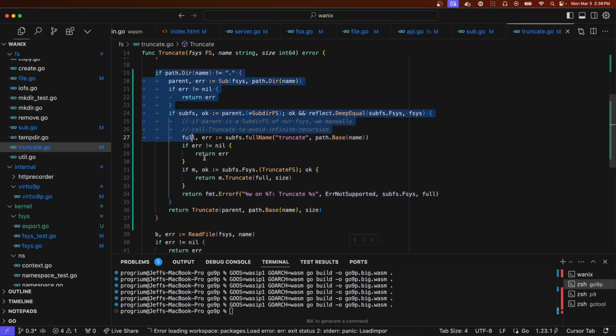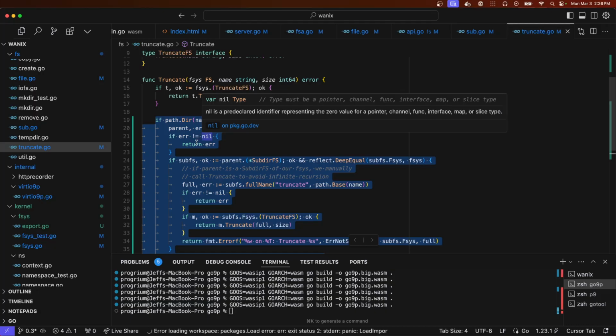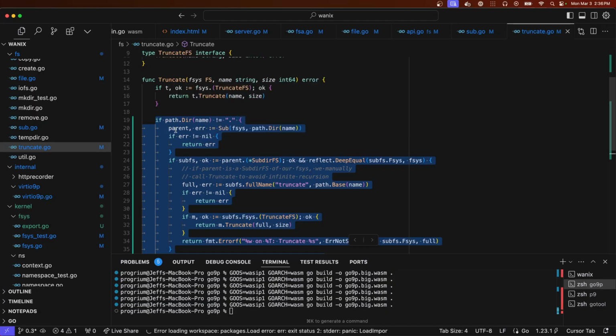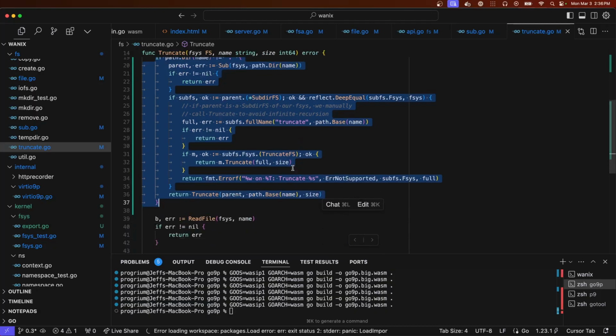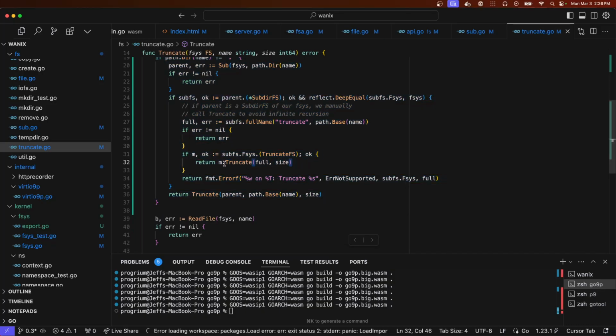But this is new, getting it to try to run truncate on the innermost file system with nested file systems.